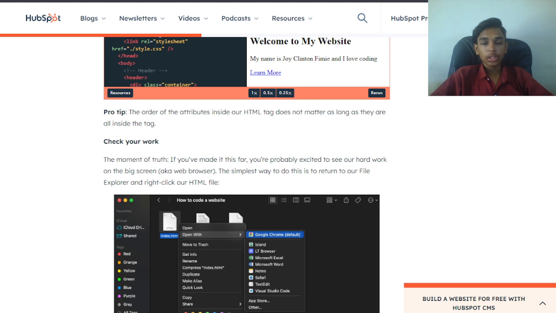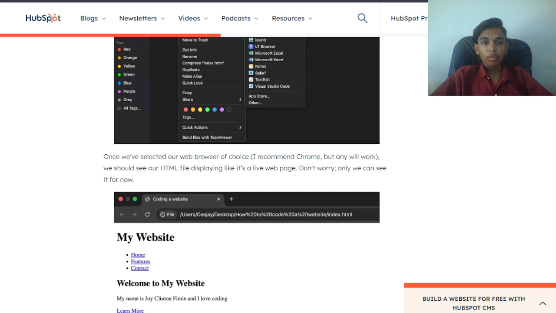Check your work. The moment of truth. If you've made it this far, you're probably excited to see our hard work on the big screen, aka a web browser. The simplest way to do this is to go to our File Explorer and right click our HTML file. Once we select a web browser of choice, I recommend Chrome, but any will work, we should see our HTML file displaying like a live web page.